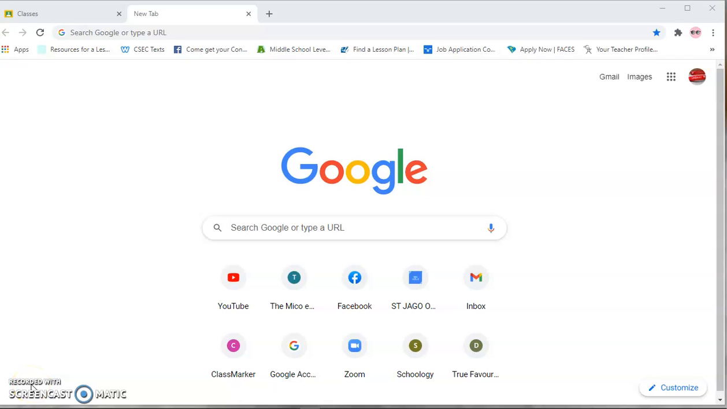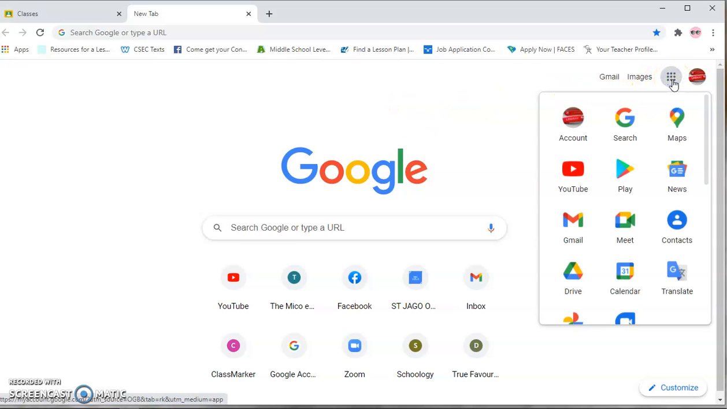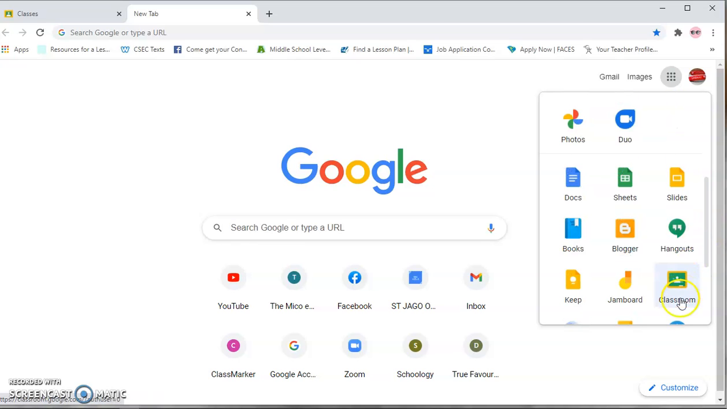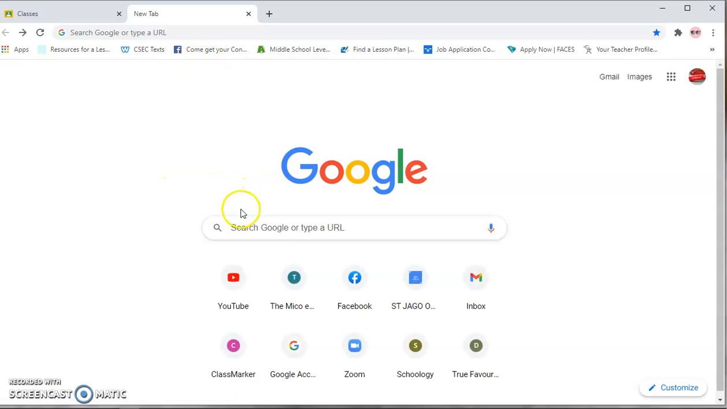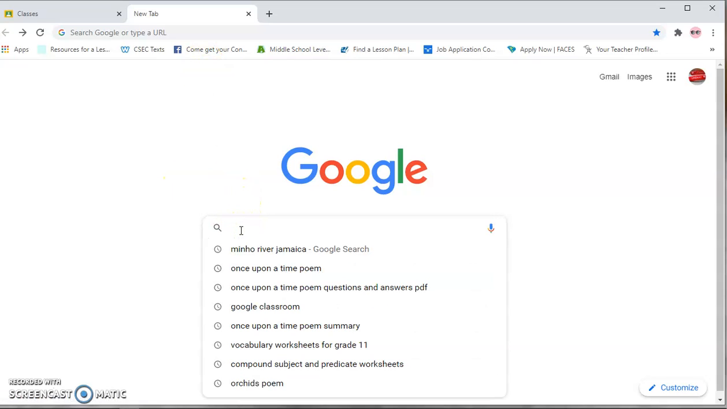To set up your Google Classroom, you just have to ensure that you are on your Google Chrome, and if you are signed into Google, you go here and you look for Classroom, and the Classroom is there. If you're not signed into Google,